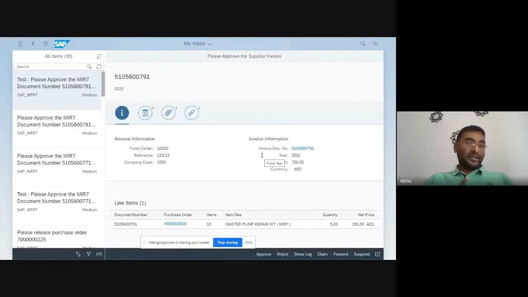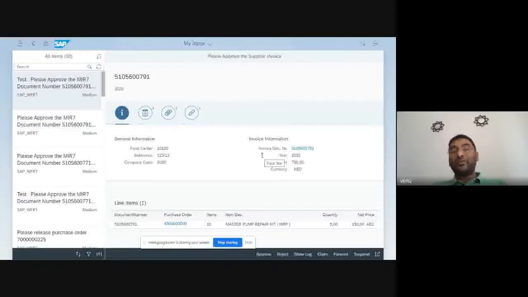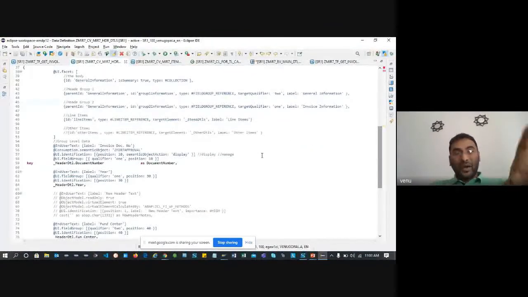But how are you going to display this on the screen? Here we are not designing the UI application. The UI person can work without the OData consultant, and the OData consultant can work without the UI consultant. Here the same person, with equal knowledge and equal information, can design his own.